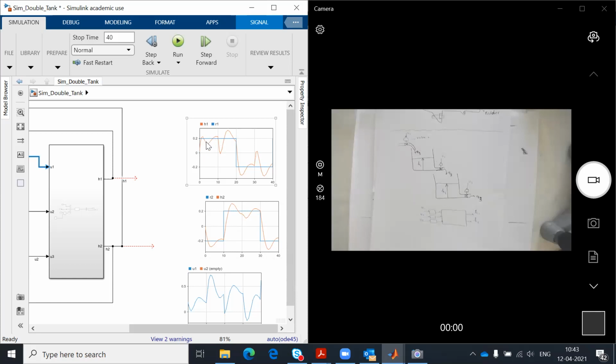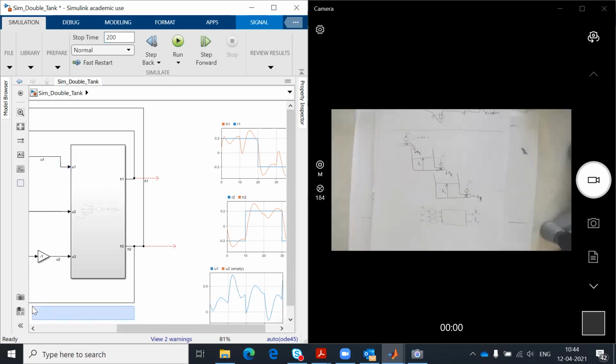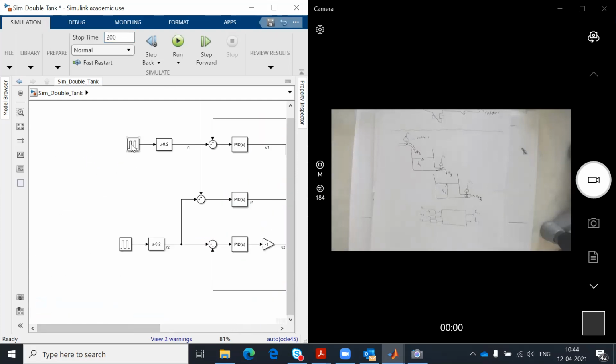So the level has been kind of controlled, it has been settling down on 0.2, but not because you want to take care of the level of the second tank, you open this valve to increase the level. So opening the valve decreases the level in the first tank, but eventually it comes back, and if it settles down there, okay, it will work. So as I said, maybe I can give it enough time. So 200 seconds, and I can change it